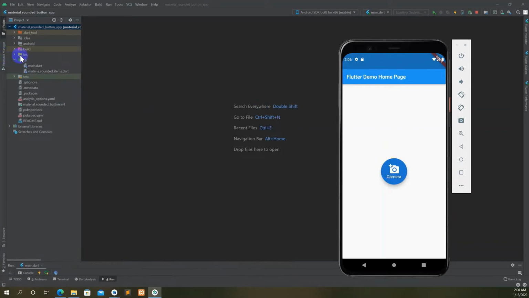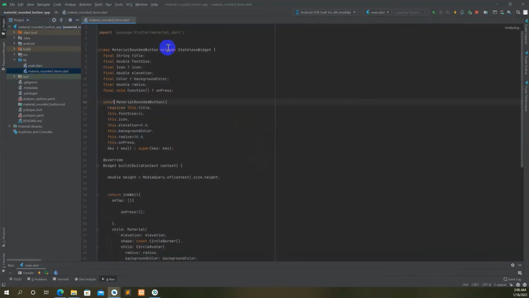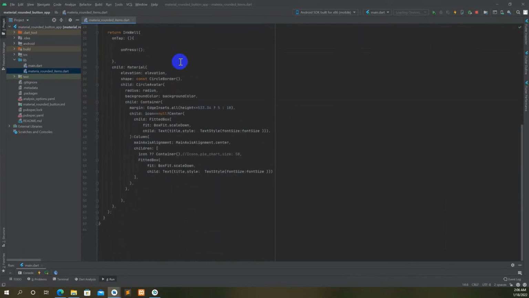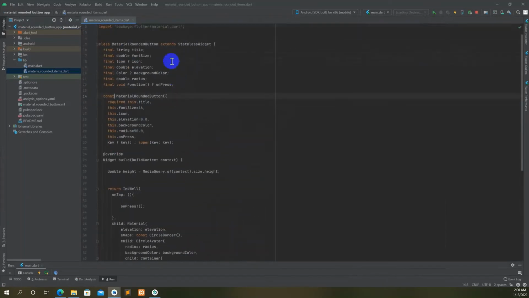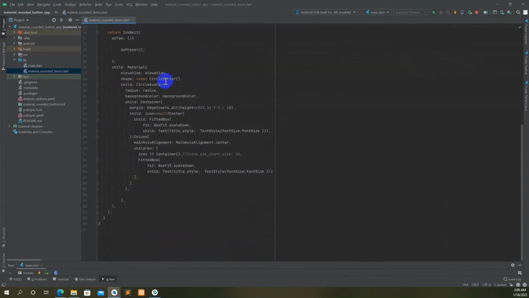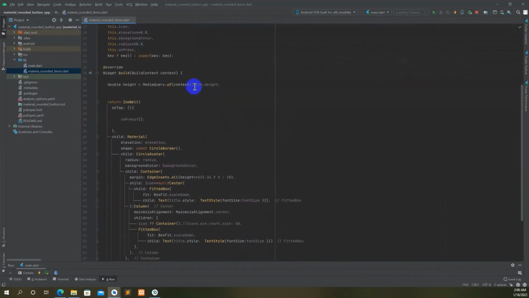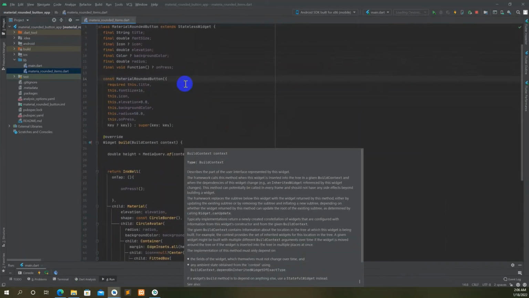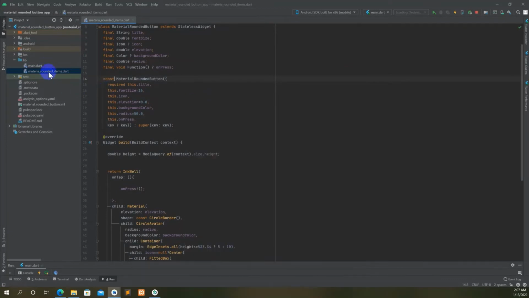If you see the app code, there is a dart file, material rounded items, where I created the buttons and the code. So basically I will copy the whole thing and put it in our package project. So let's copy,